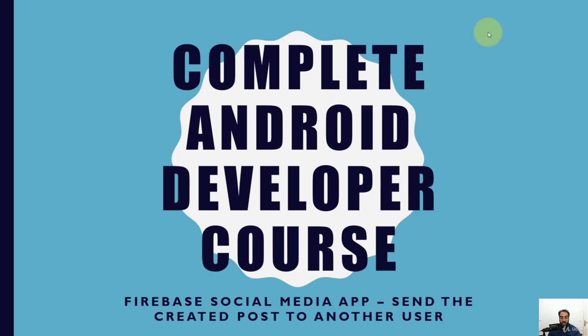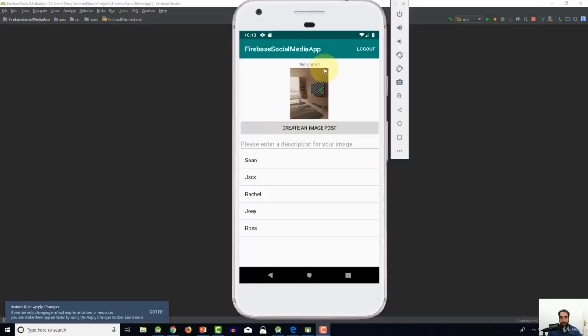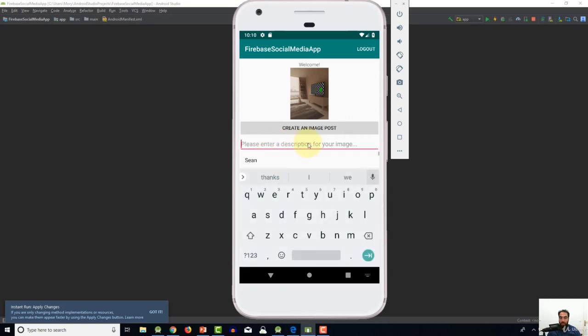Hi everyone, in this video we're gonna go ahead and send the created post to another user. So let's go ahead and see how it is implemented. So in this video, when the user just selected an image and clicked on this button, create an image post, when a post is created, we are going to allow the user to enter a description for this image, and